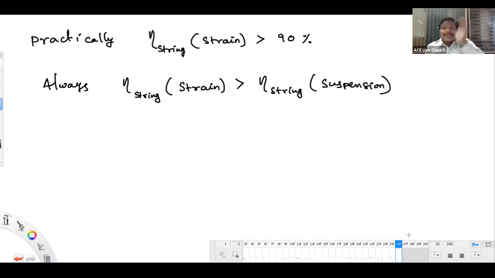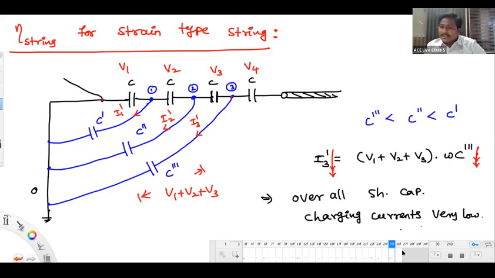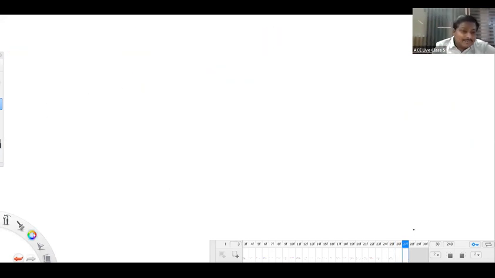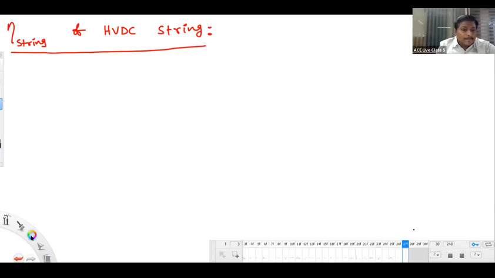Next, we'll take up the HVDC string. How will the string efficiency of the HVDC string be? Yeah, so I can write here string efficiency of HVDC string. You see, for DC operation, I already said that the disk is going to be represented as a resistor. Okay, so I'll show